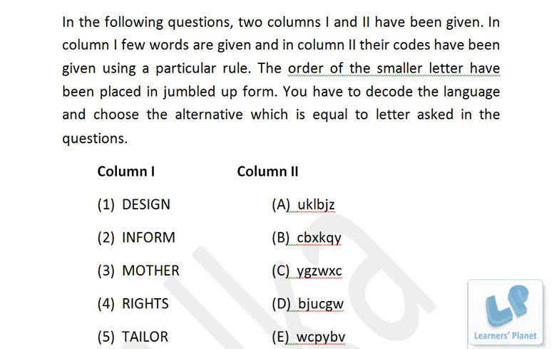Okay. Now suppose I make the comparison between these two, right? So in between these two, the letter I is the only common thing, right? DESIGN and INFORM, only I is common. Now we try to find out which letter is common between these two. So that will be the code for I. So we can very well say that B is common between these two. That means I is equal to B, right?